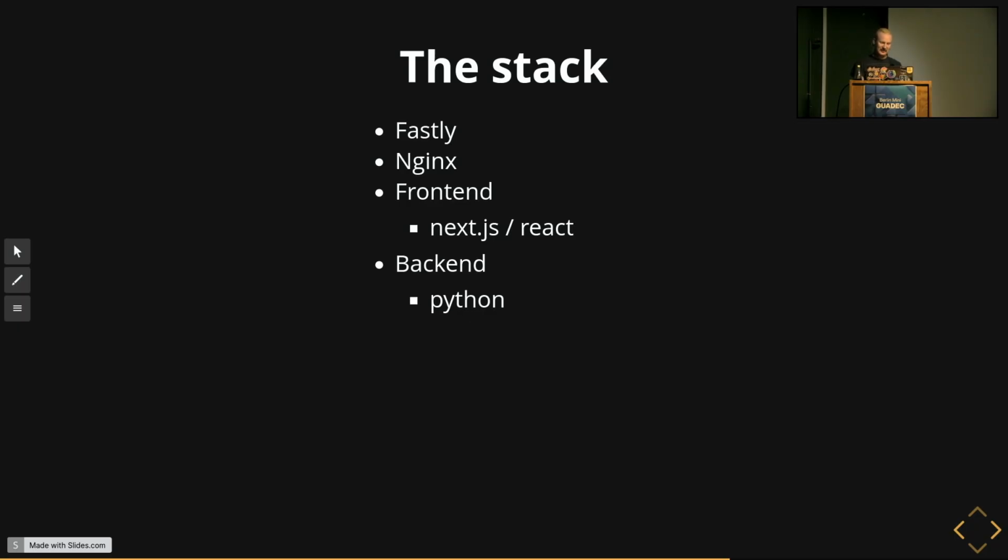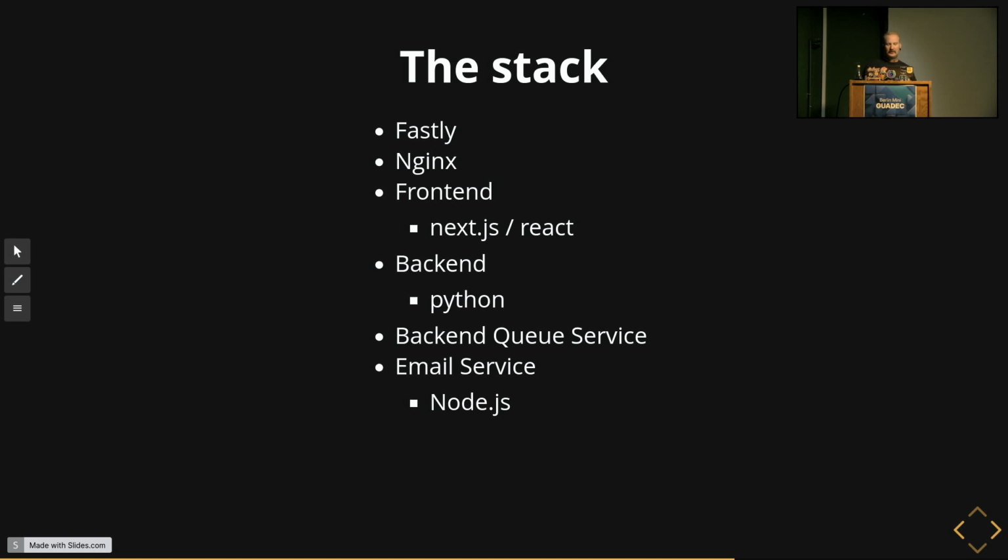and that then interacts with the backend service or a worker service, which can do long-running tasks, but these tasks are usually emails right now, which is another service in Node, and the Python backend ends up speaking with Postgres, where we store our data that's not regeneratable, so user data mostly.